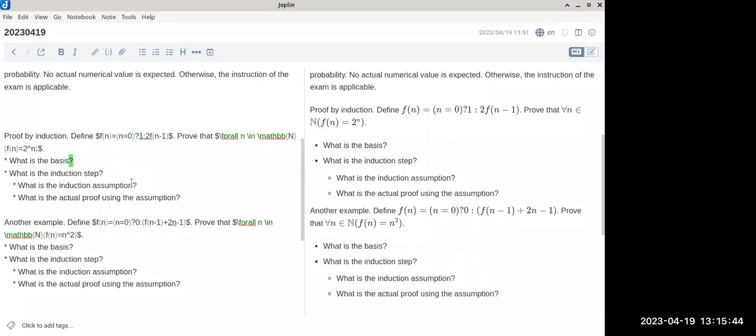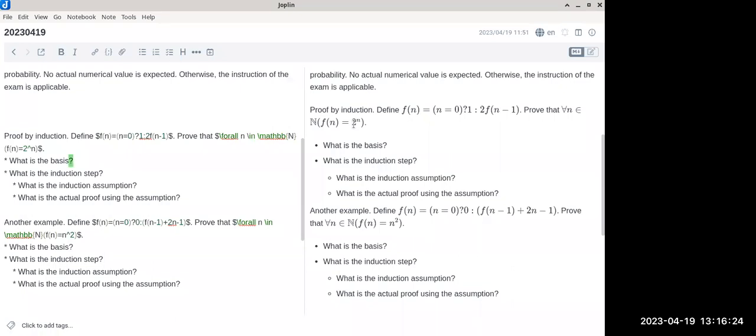All right, so we're going to prove this particular theorem. We'll just do the first one first. So I am giving you a definition of f of n. F of n is defined to be, if n equals 0, then f of n is 1. If not, f of n is defined to be twice of f of n minus 1. That's the definition. It's a recursive definition, but nonetheless, I'm defining a function for you. The theorem is basically to say that as long as n is a natural number, f of n is 2 to the power of n. That's the theorem.